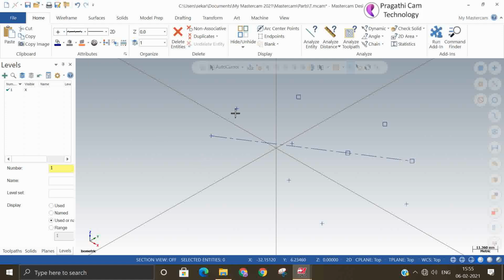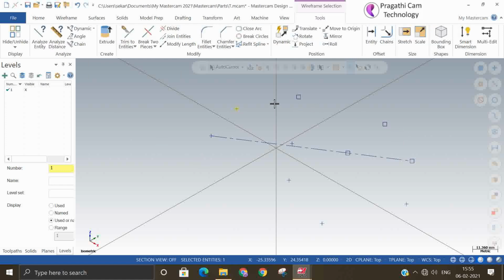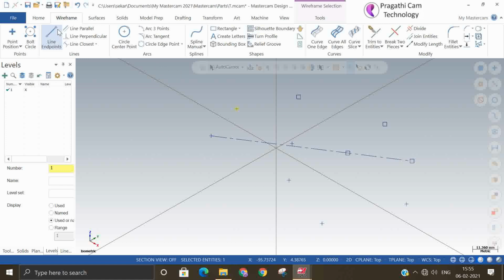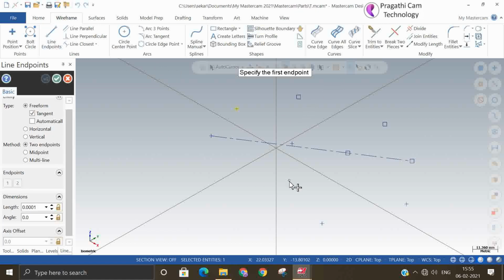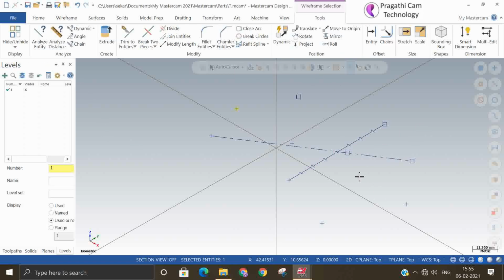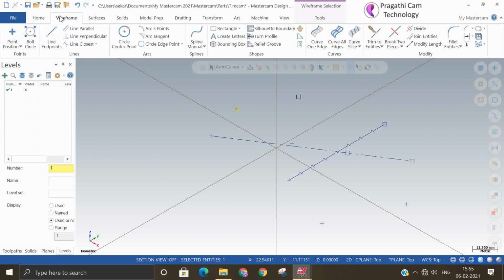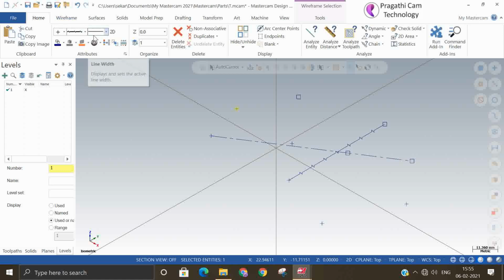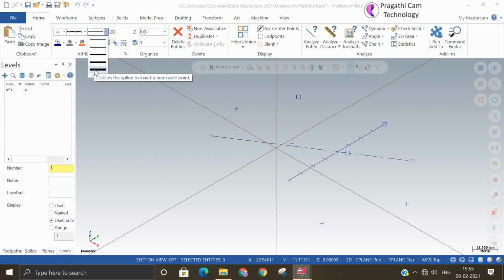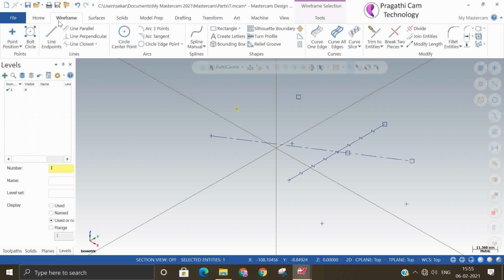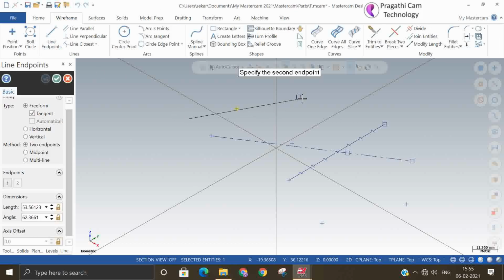Suppose you want to make a zigzag line, that is also possible. With the line command, you can just select the two points. You can see that you have made a zigzag line also, a continuous line. During sectioning you will use this option. So these lines are used there. Line thickness also you can modify. So I modified line thickness here.